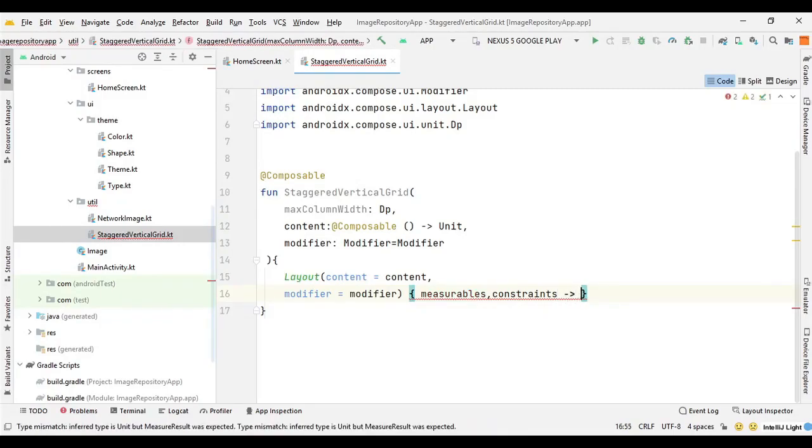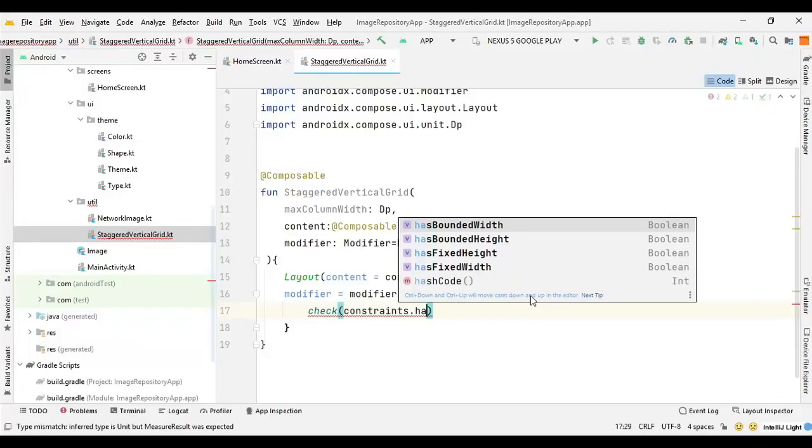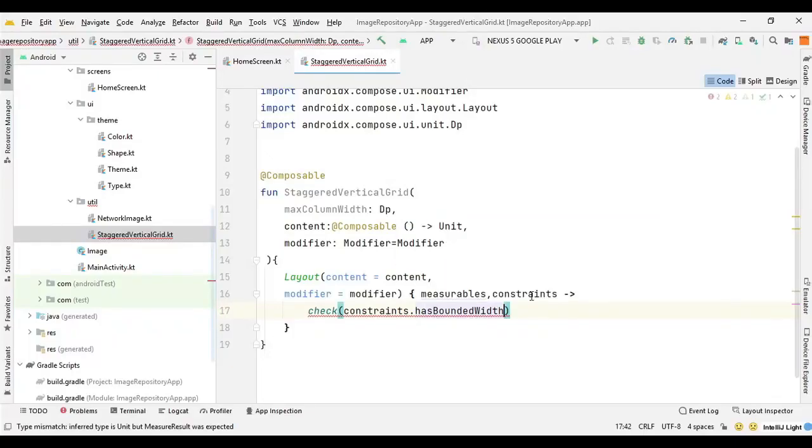We need the lambda function, and then here we can say check constraint dot has bounded width, and then we need to set a message here just in case of infinite width.